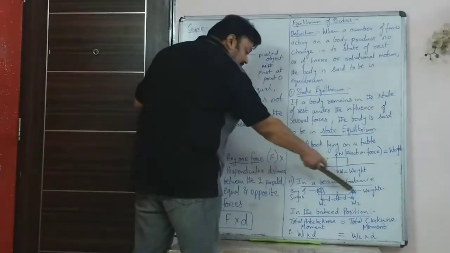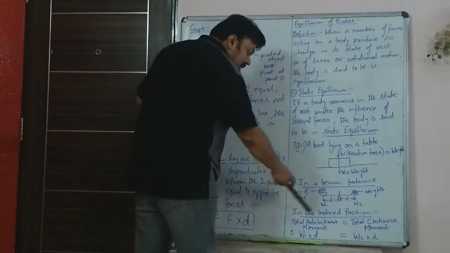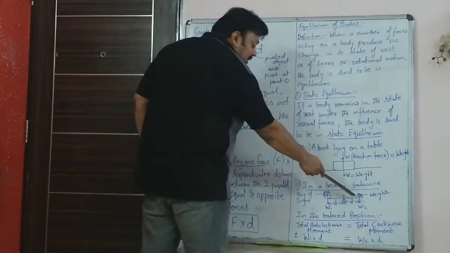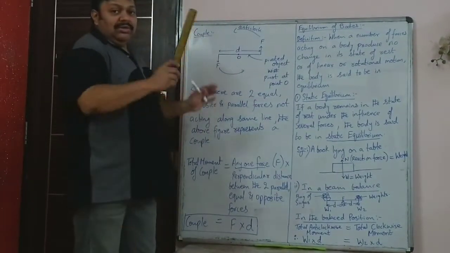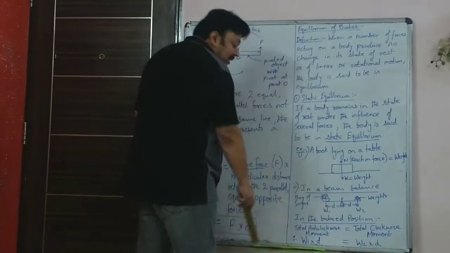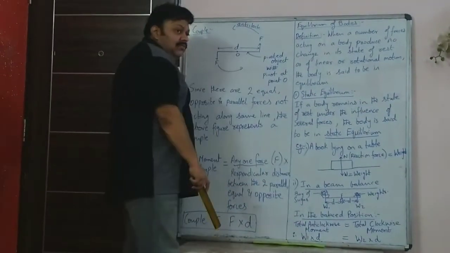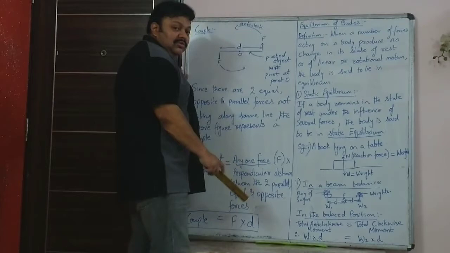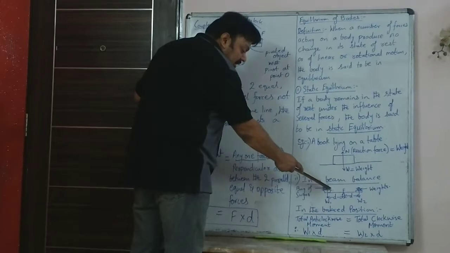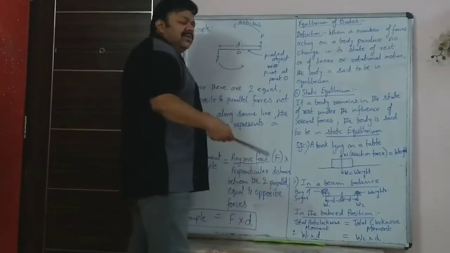This is when the entire beam balance will be in equilibrium, only in the balanced position. Obviously, if you put 5 kilos here and put nothing here, then one side will go down. That is not the balanced position. In the balanced position, consider the total anti-clockwise movement. Which weight will cause anti-clockwise movement? This F stands for fulcrum. Fulcrum means pivot. That is the position where the beam is balanced. So when you put weights here, this weight will produce anti-clockwise movement. Just imagine it, it's very simple.